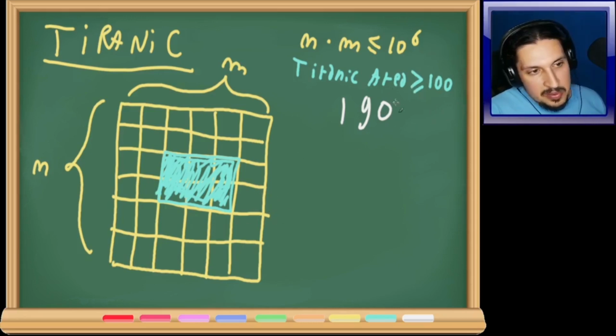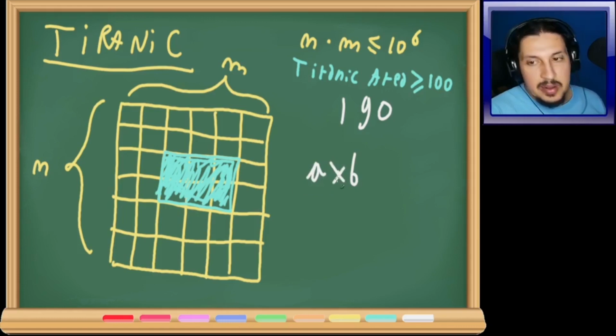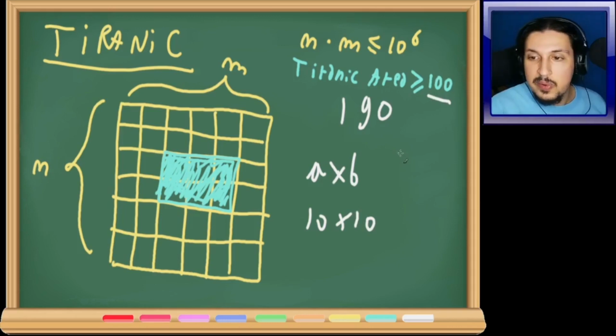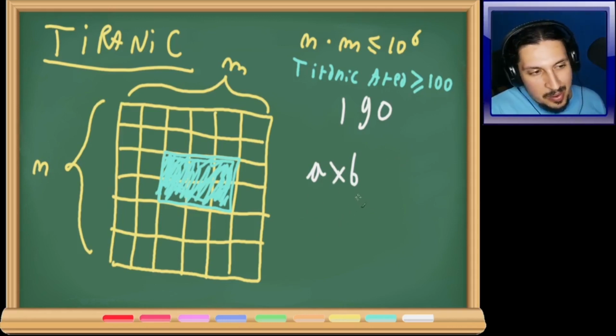So, for example, let's say that the ship has area A times B. Well, either A or B, I mean horizontal and vertical, either A or B has to be at least 10. It cannot happen that they are both under 9, because otherwise it doesn't have enough area. So one of these has to be 10. And we cannot say the same for 11 because 10 by 10 is a valid size for the ship. But some of the dimensions has to be at least 10. So what we can do is basically,